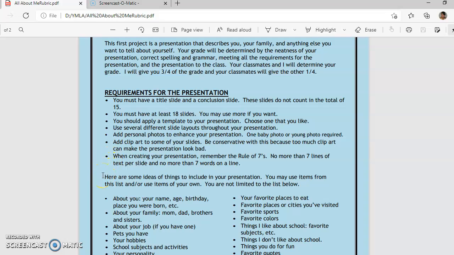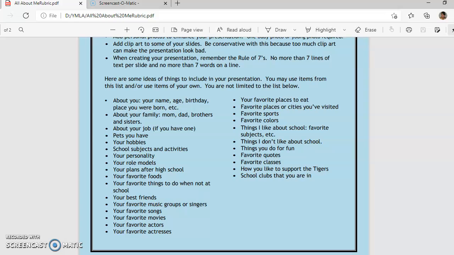Here are some ideas to include in your presentation. You may use items from this list and or use your own. You are not limited to this list below, but these are some ideas that you can put on your slides. About you, your name, your age, your birthday, the place you were born, information about your family, job if you have one, even if it's working with your dad on the weekend. So jobs that you have, pets you have, your hobbies, school subjects and activities, your personality, role models, your plans